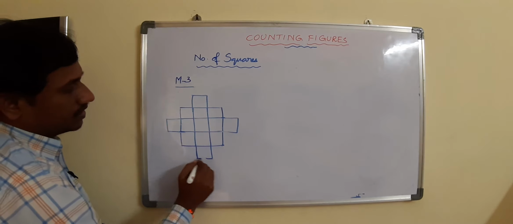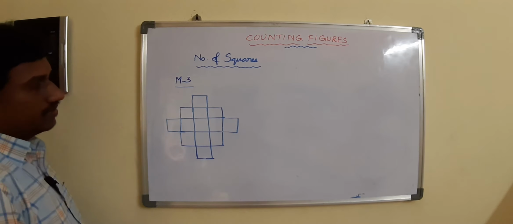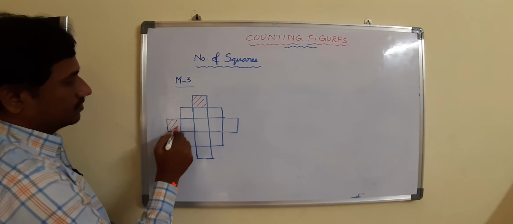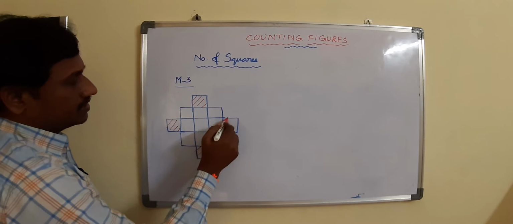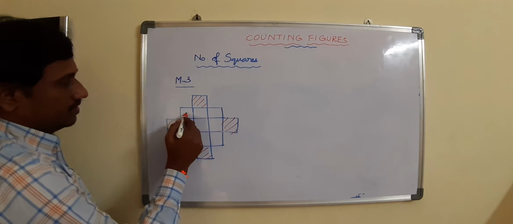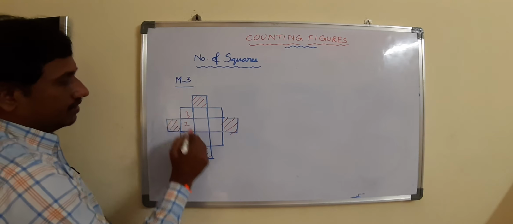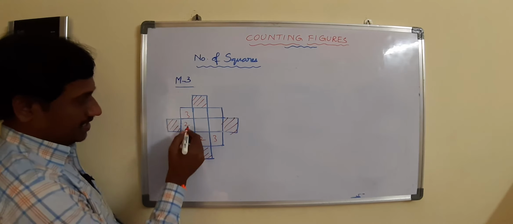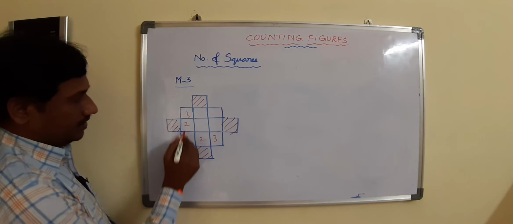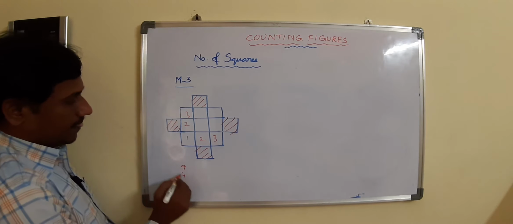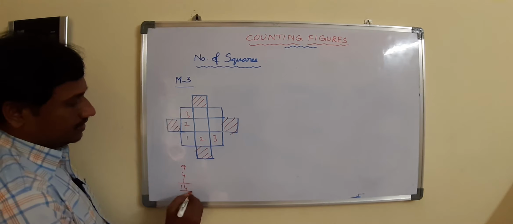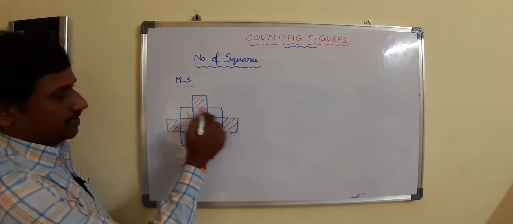It is nothing but combination of that compulsory basic model here we are having. Just forget about these corners first. If you forget about this, what we are having remaining is 1, 2, 3, 1, 2, 3. 3 by 3 matrix or not? Yes. Then 3 by 3 means very simple. 3 square is 9, 2 square is 4, plus 1 square is 1. 9 plus 1, 10, 10 plus 4 is 14. That's it. Up to here 14 we are having.